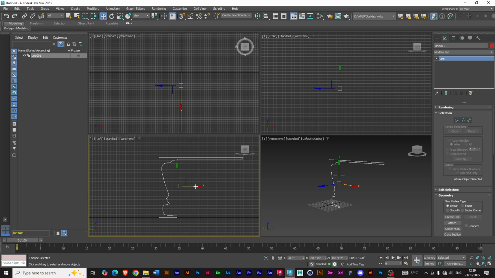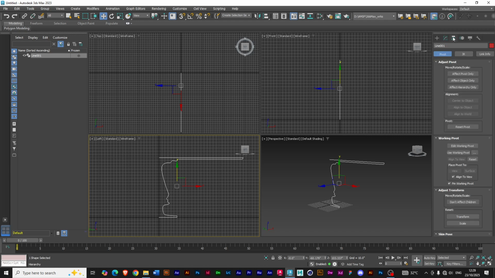If you want to change the axis point or the pivot point, whatever it is, we'll use another tab here, the hierarchy tab. That's the third one, this one here. We click on it. The first option says affect pivot only, because right now, if I click this guy to move, it will move my table profile. Good. But once you click on affect pivot only, you can see the pivot has now changed to